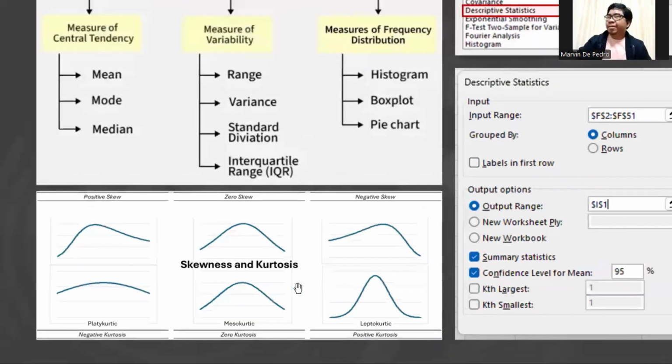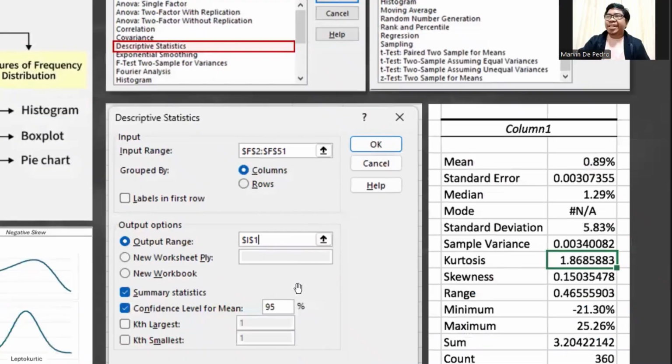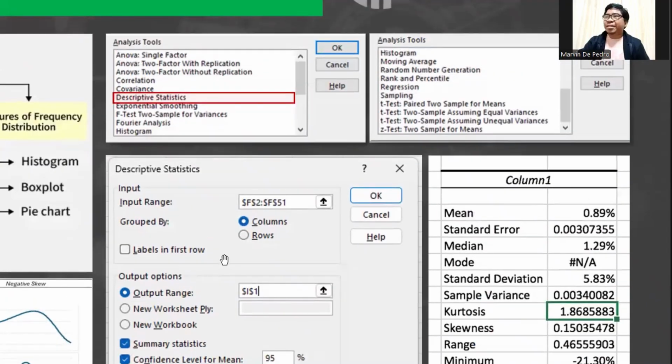Okay, and then good thing in Excel, we can now make use of a certain tool called Data Analysis Tool Pack. So we have a video later that will show how you activate it on your Excel. So once you activate this, you can select among these statistical tests or analysis tools available in Excel.